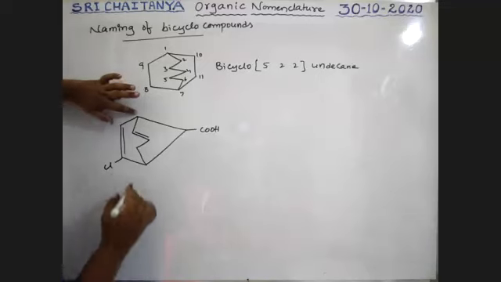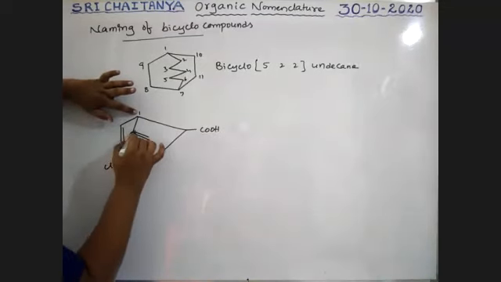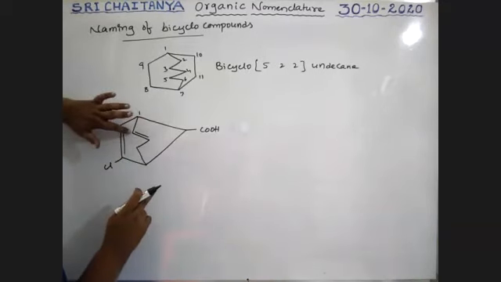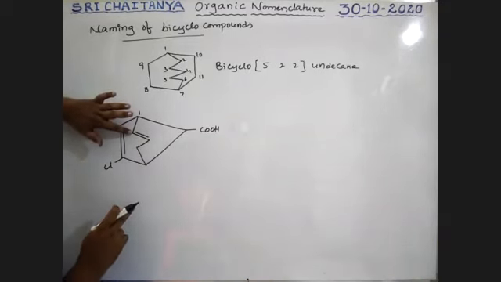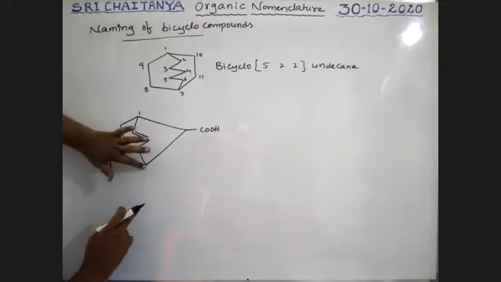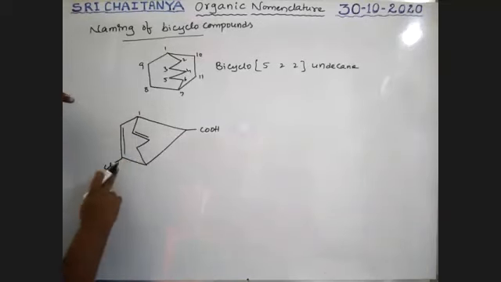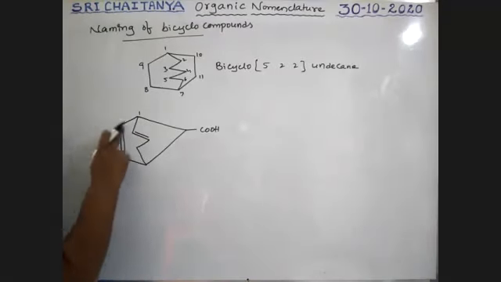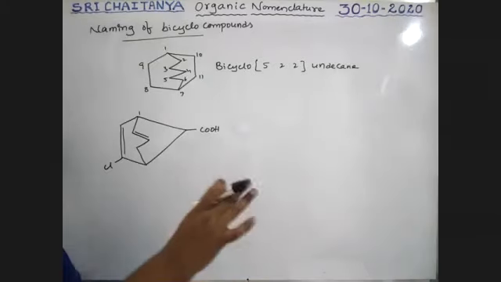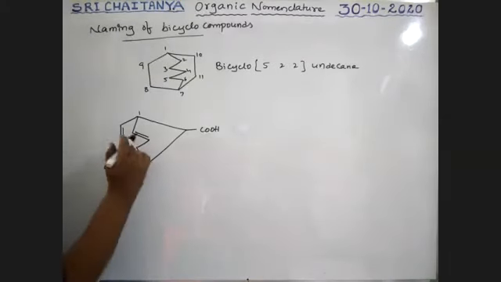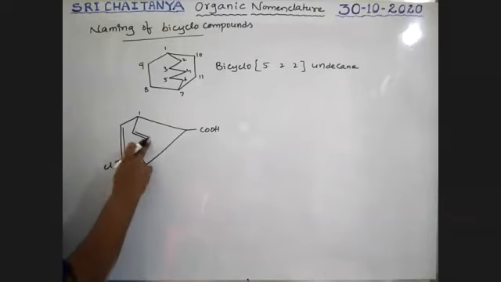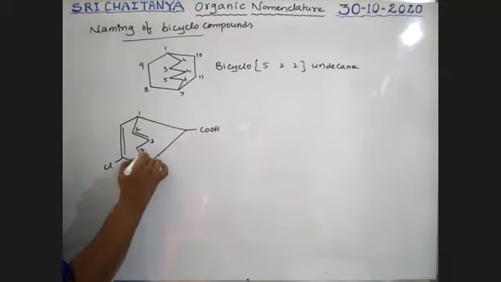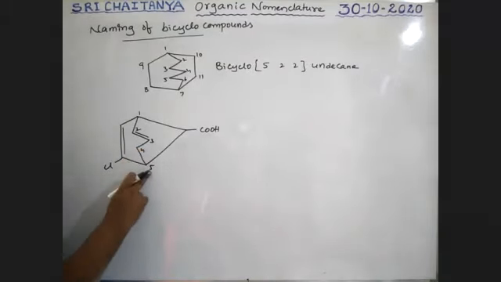See here, it is first carbon, second, boys, from here 1, 2, 3, 4, 5. So at second position, a double bond is coming out. So 1, 2, 3, 4. Only it is a 4 carbon chain, it is a 5 carbon chain. I'm taking the long chain. So this is first long chain, it is second long chain, it is a third long chain. So in descending order you should go. Therefore, if it is going 1, 2, 3, it is at third position. 1, 2, it is second position. So therefore 2, 3, 4, 5. First long chain is completed.